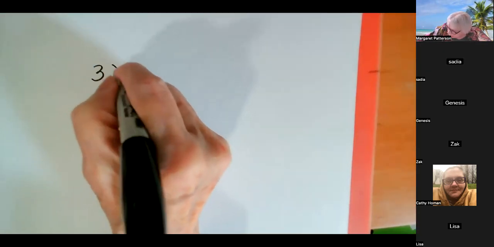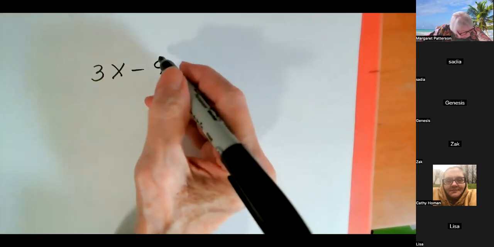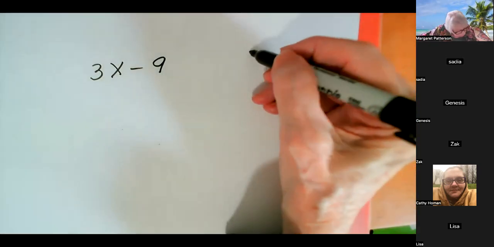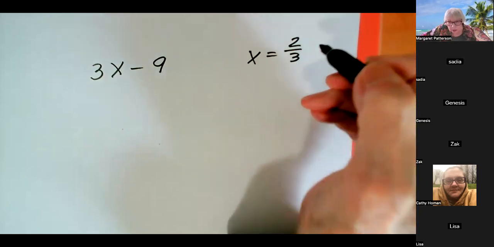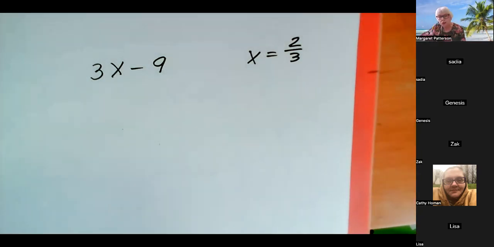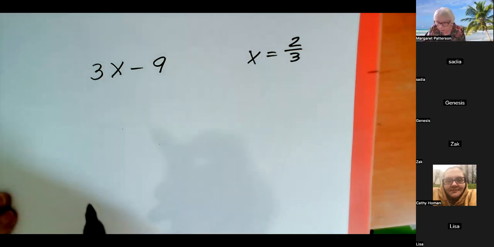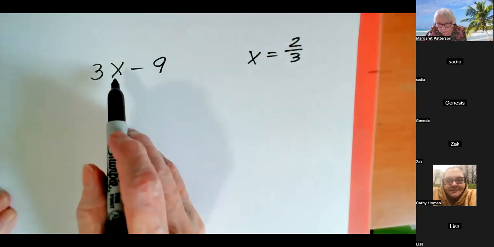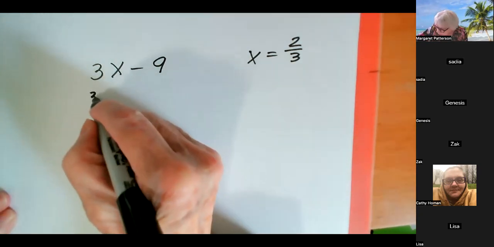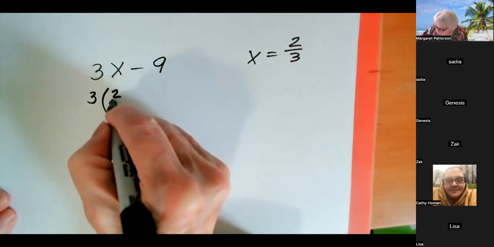So I've got another one. What if I have 3x minus 9? And oh, what if they told you the crazy x was a fraction? Do not panic yet, because we don't know if that's going to be a problem for us. So here's what I have. I've got to insert 2/3 in for this spot. So this would be 3 parentheses 2/3